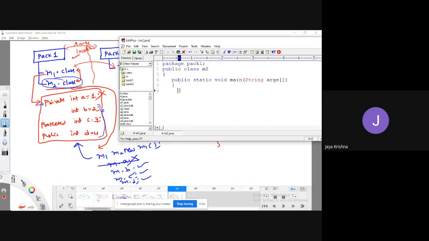Within the same package, I don't need to import. I can directly communicate with them. I can create M1 m equal to new M1. Now I will write System.out.println of a value is plus a. Can I get plus a?